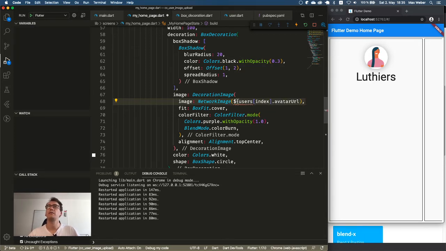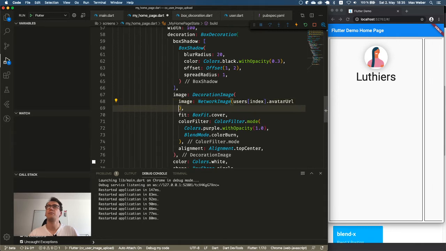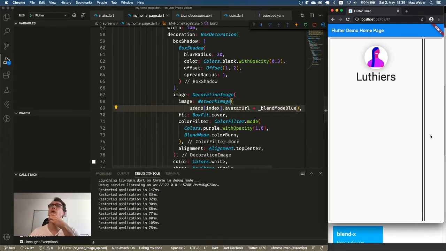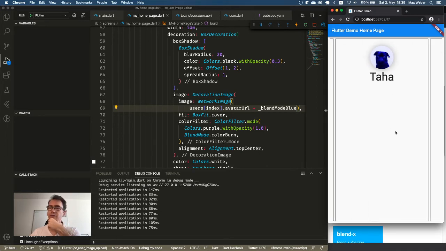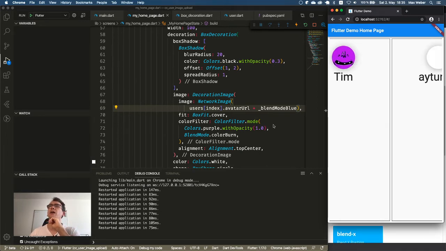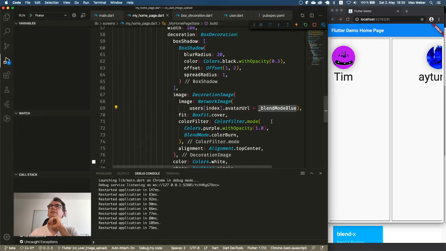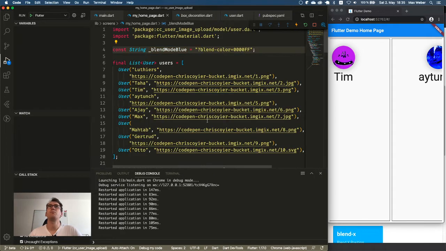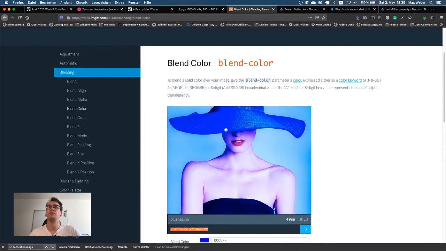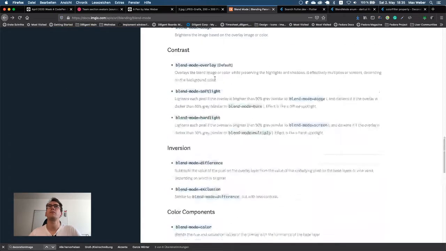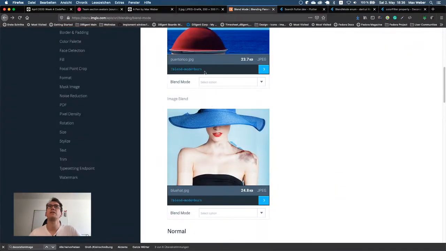So I have this plus the new stuff. And with that, all the images are immediately blended in different ways. So what I can do now later is creating these as different parts, right? And now we have this blend mode blue is blend color 0FF. So this is just a color, but that doesn't look so cool, I think. What we can try is also add this blend mode to it.